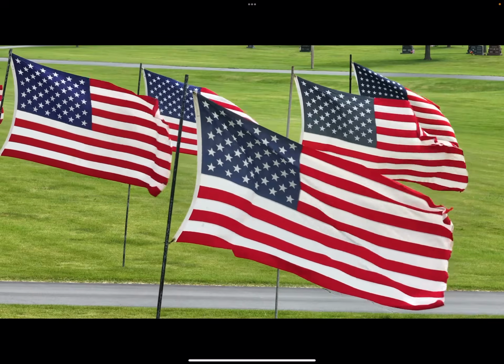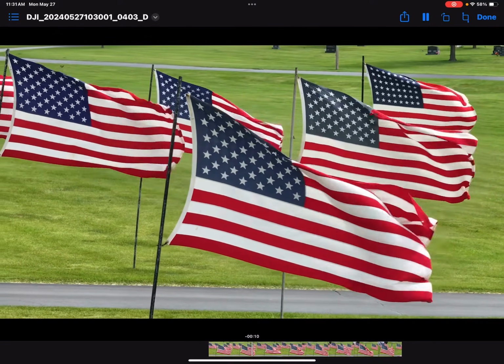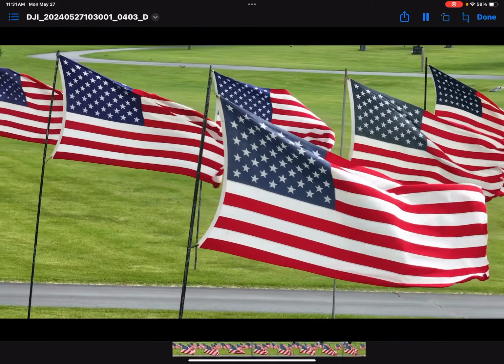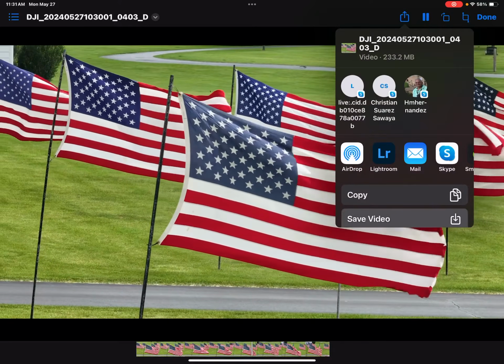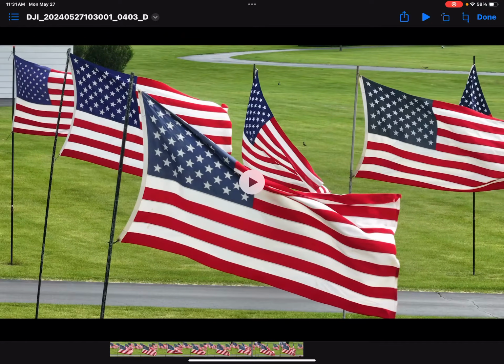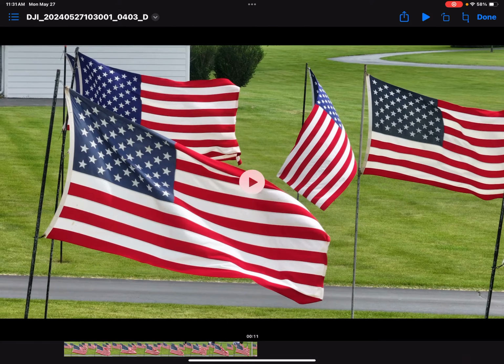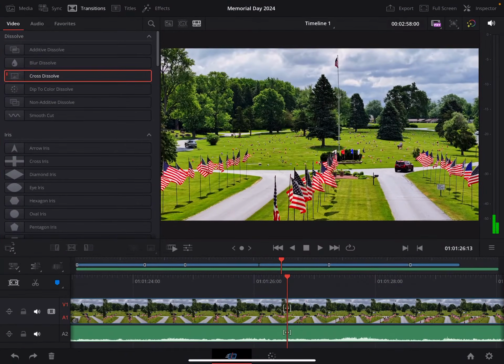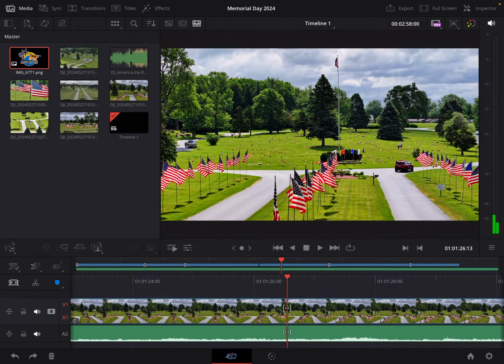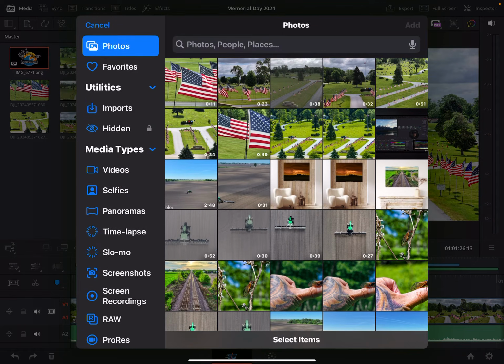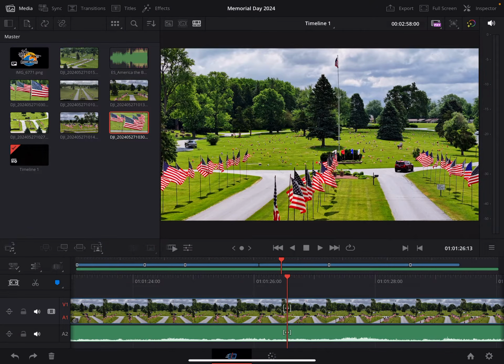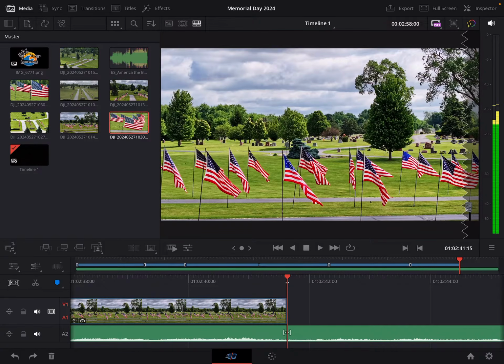How about this one? Let me see. Maybe we'll try this one. Save the video. It's roughly 11 seconds. Go back in here, go into media. Hopefully you can kind of get an idea just by seeing me do this a bunch of times. And I'm going to go back to the end, scrub that little red slider, and I'm going to drag